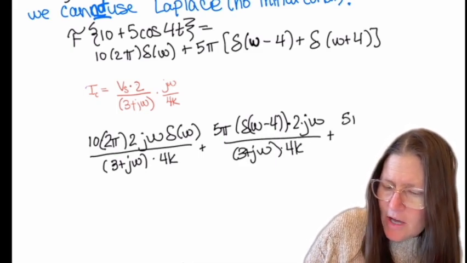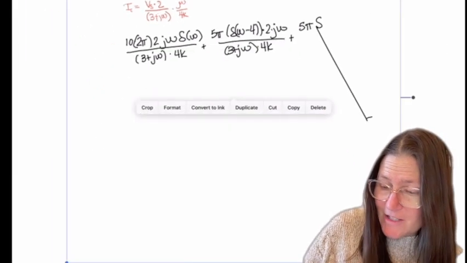And then the last term will be 5 pi delta